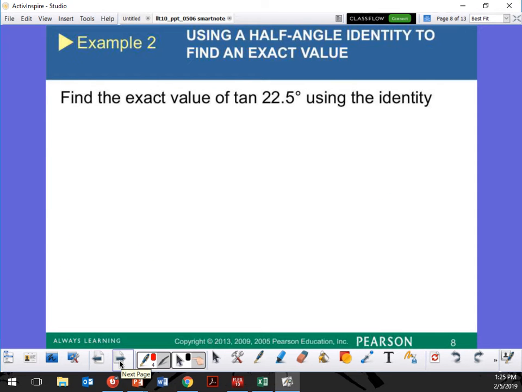Okay, find the exact value of tan 22.5. How do I get 22.5? Tan of something over 2. Say it. 45, right? So 45 divided by 2 is 22.5, isn't it? Yes. Okay, so that's good. So now I have it set up. So now it's going to be equal to,